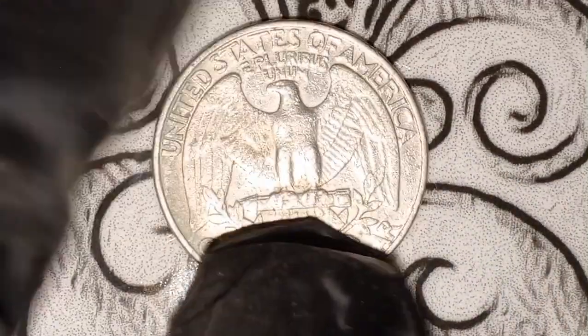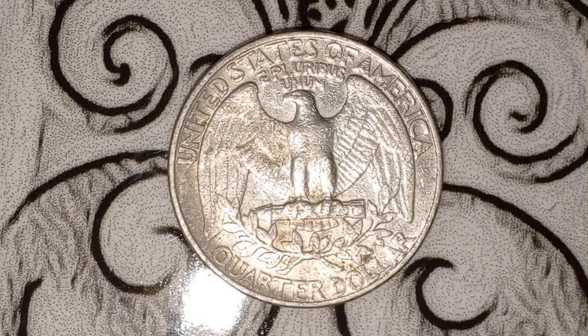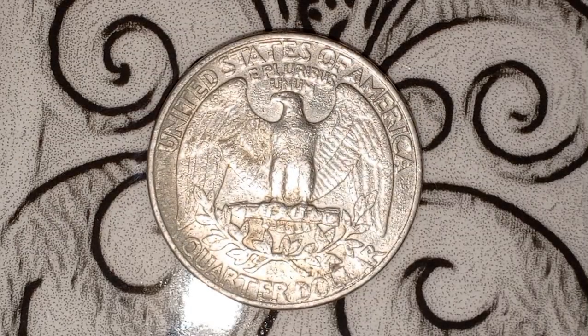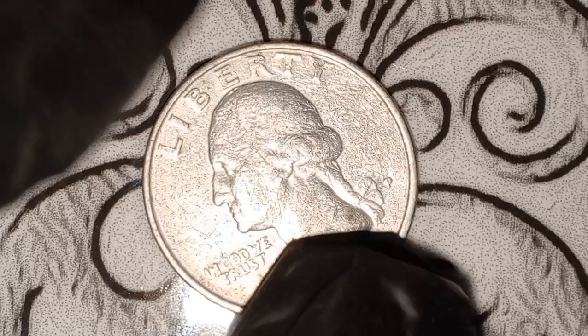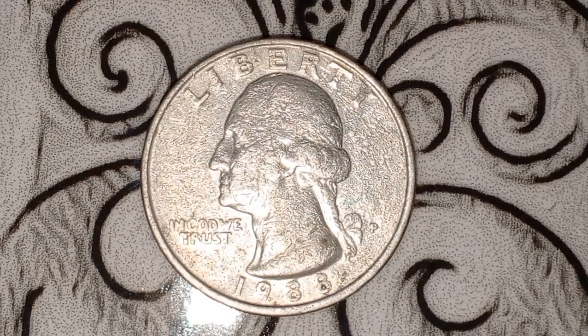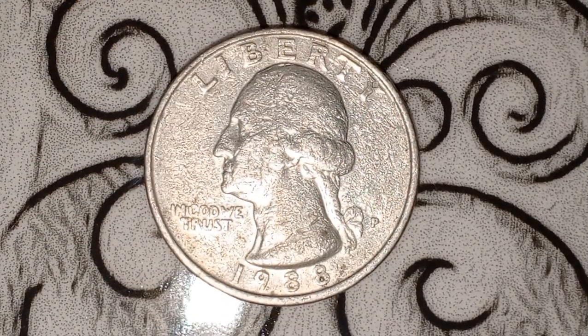The second place to check is the word Liberty. The doubling can appear in the letters, particularly the L, I, and B, where you'll see a shadow or duplicate outline. Next, inspect the motto "In God We Trust." Doubling can be seen on the TRU part of the word trust, or in other parts of the inscription. If you spot